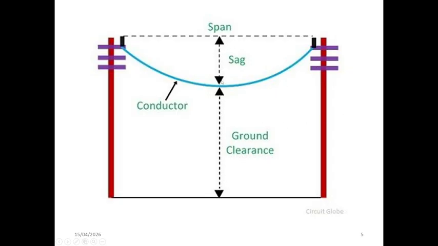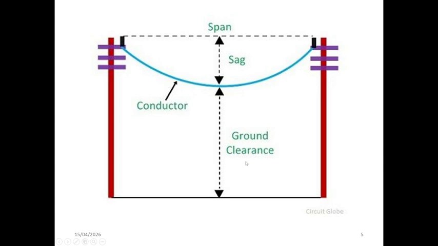So this is a sag. Proper sag design is essential to ensure mechanical stability and to avoid excessive tension on the conductor. Finally, we have ground clearance, which represents the vertical distance between the lowest point of the conductor and the ground. You can see this lowest point of the conductor, and this is the ground, which is